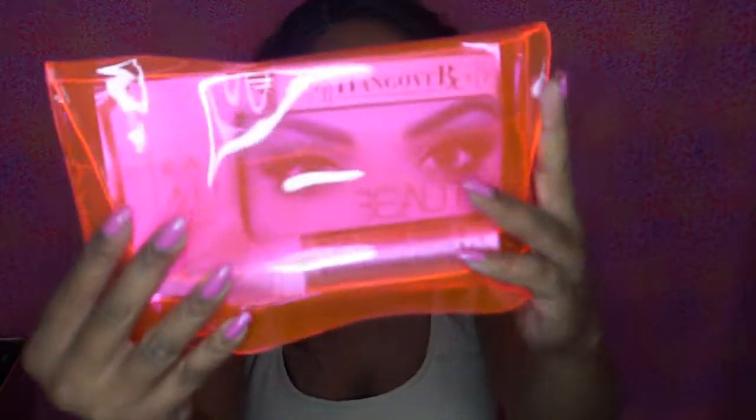So this is the bag that we got this month, and it's more of a pink neon-y bag, which is kind of cute. Might just give this to my daughter and she can put some little knickknacks in there. But first up, I pulled out the Too Faced Hangover